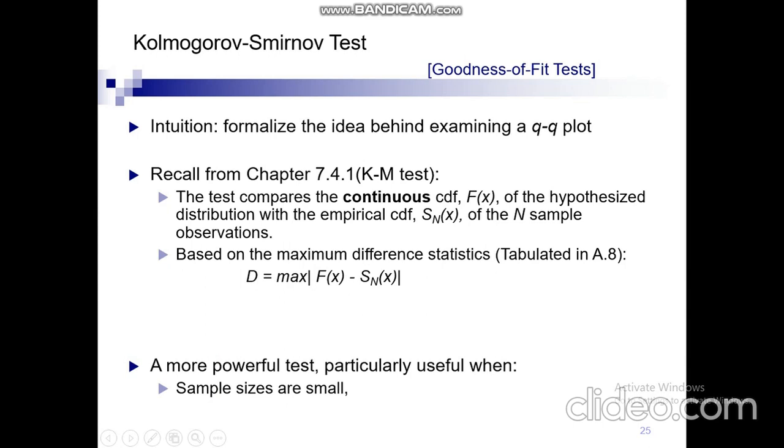This formula is used in a particular problem, example 7.6 in your textbook. You can see it on page number 231. This KS test is mainly used when the sample size is small, or when the data given is very small. Only then are we going to do this KS test.